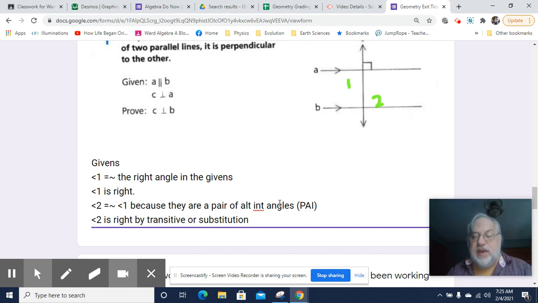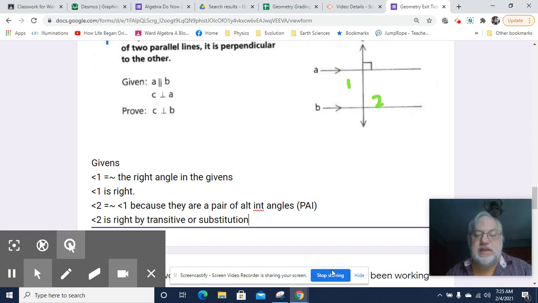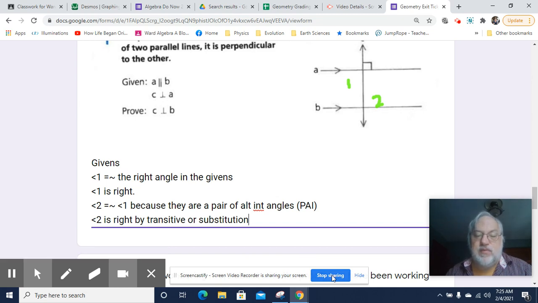Or you could say an angle that is congruent to two different angles, those two angles are congruent. I cannot remember which theorem that is, but that's essentially a thing that you can say. And I hope that that gives you what you need. There are a variety of ways you could have said